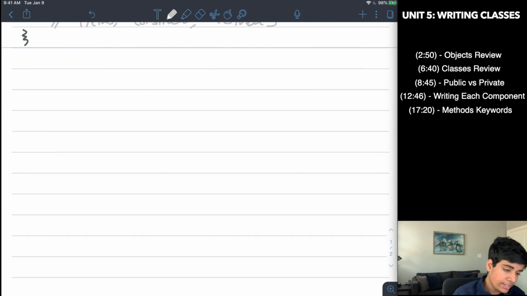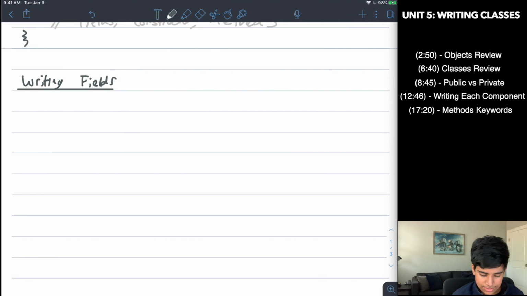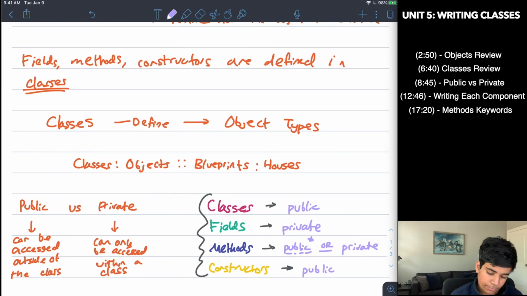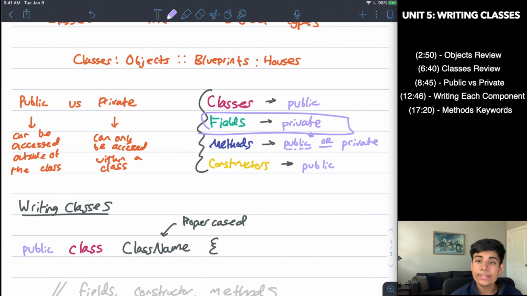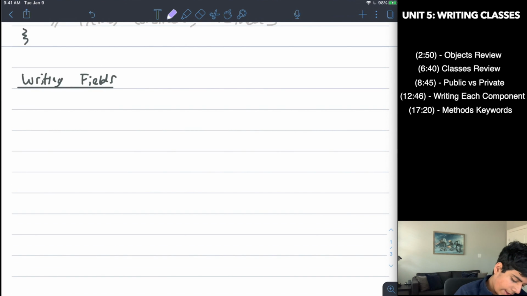Well, we can start with the fields, right? Writing fields. Writing fields is actually not that bad. It's even simpler than writing a class. So the first thing that you do is you want to determine the keyword that you want to use. Is it going to be public or is it going to be private? If you remember up here, we said that fields should be listed as private. So I'm going to write here private,